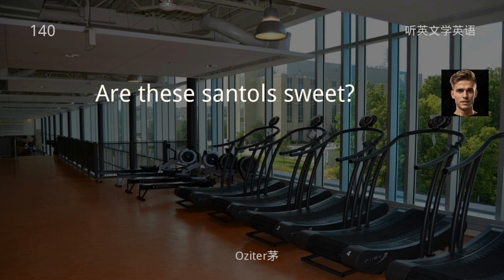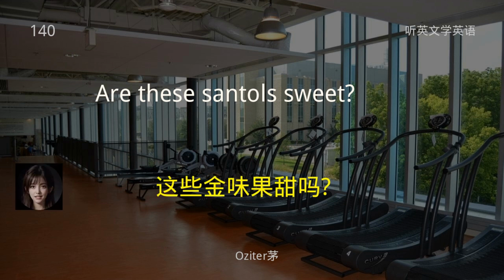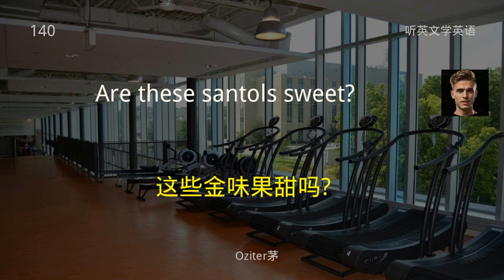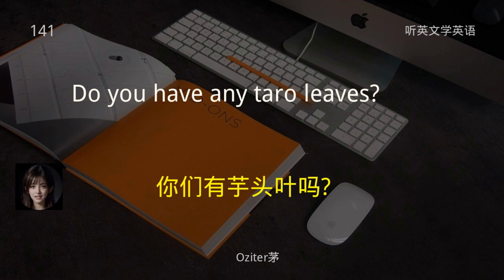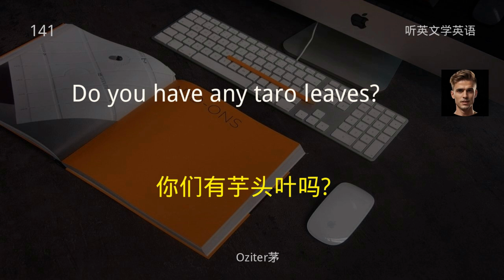Are these santals sweet? 这些金味果甜吗？ Do you have any taro leaves? 你们有芋头叶吗？